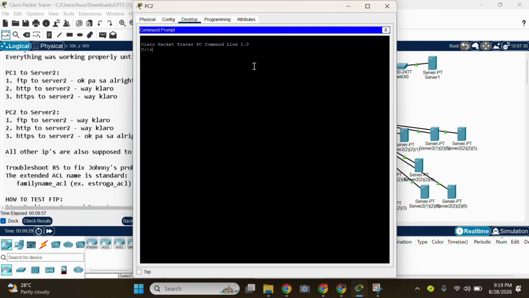This connection should be blocked. It should not be able to access, because we configured it in the CLI. Let's wait. Okay, error, so it is blocked.